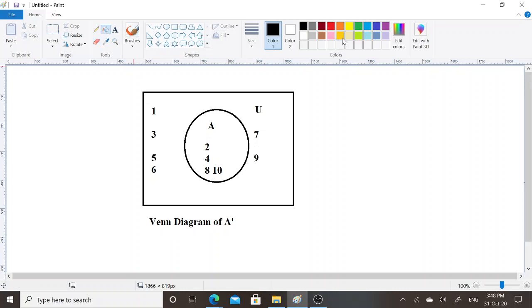And this time I will color this portion of universal set. So element that are present in A's complement are 1, 3, 5, 6, 7 and 9. It will not include 2, 4, 8, 10 of set A. This is Venn diagram of A's complement.